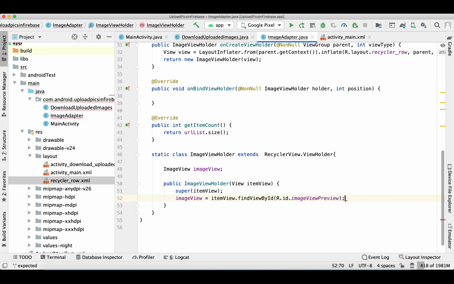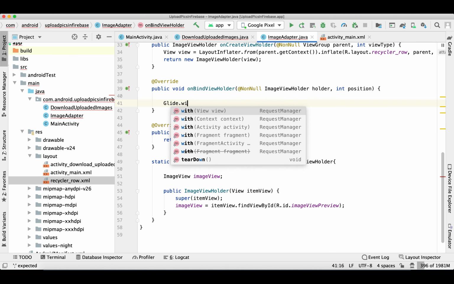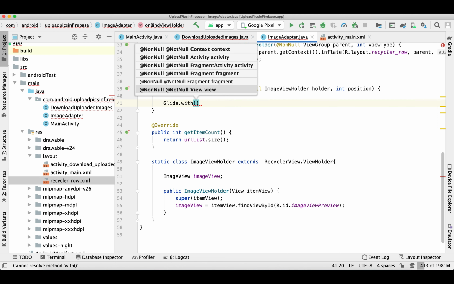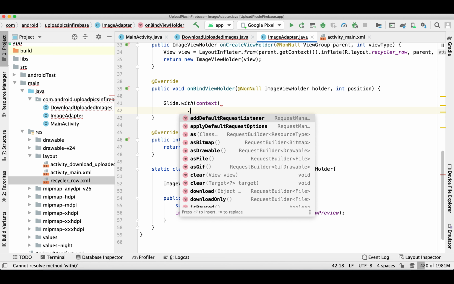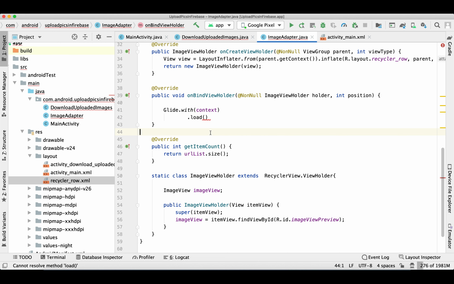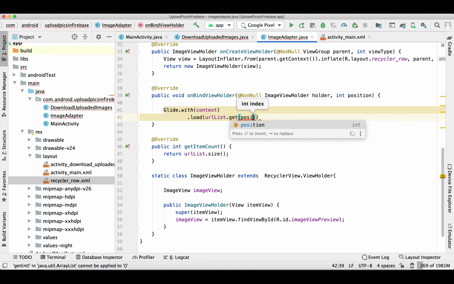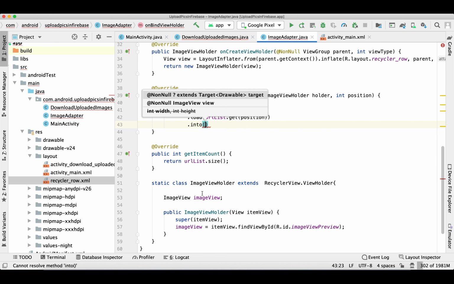That is the image view preview. Here we are going to use Glide, so we'll simply pass the URL and from into we'll pass our image view. That's it for our adapter.